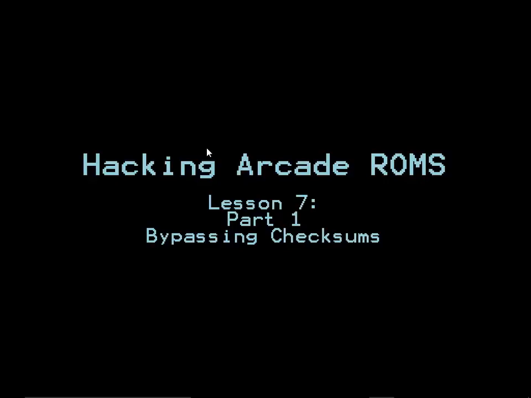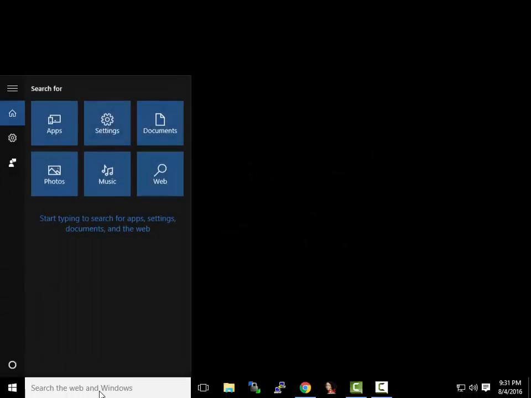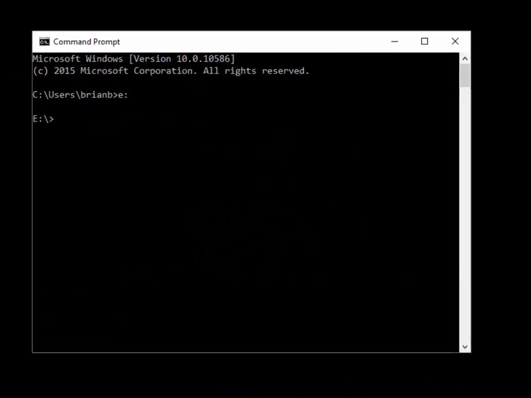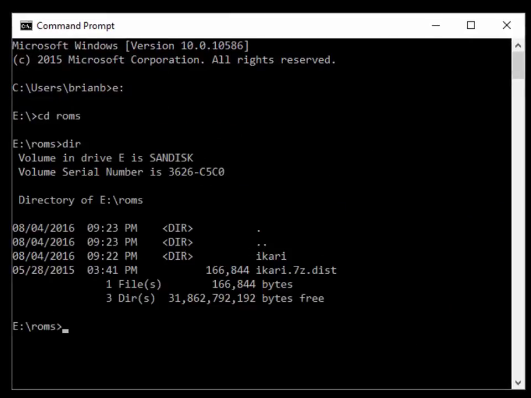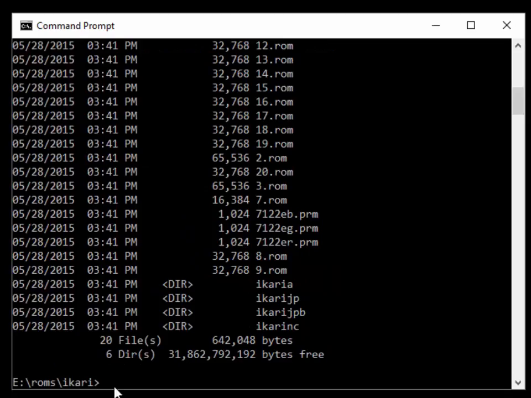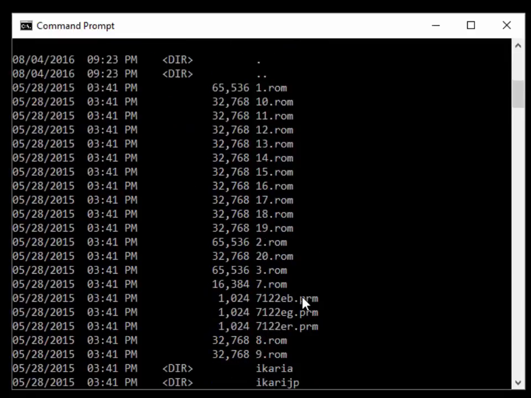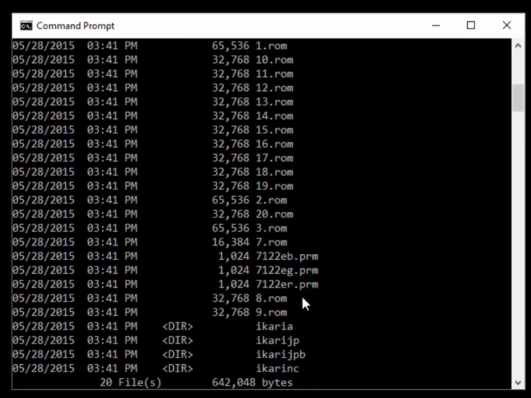Well, actually, I think it does it, but it doesn't care if it fails. But in this example, we'll use Ikari Warriors, and that's literally the word IKARI as the ROM set. So, as always, I have the game code here, my ROMs directory. I've already unpacked it. Okay, CD to Ikari, and the game code for Ikari Warriors